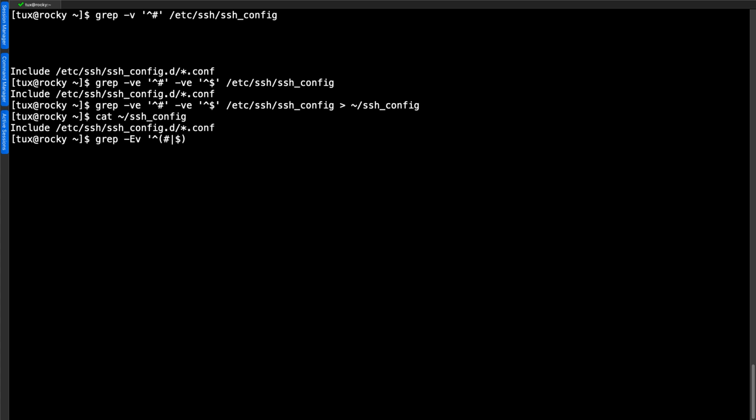So don't show me commented or empty lines. Close off my quotes, and then just get back through to the main configuration file. And we can see now as we look at it, again, I'm only getting the one line. I'm not seeing the commented lines, and I'm not seeing the empty lines.